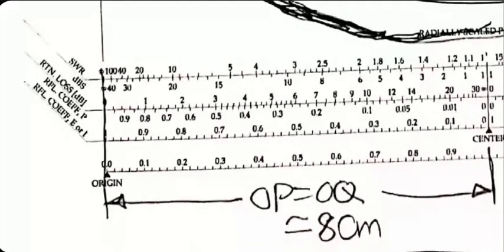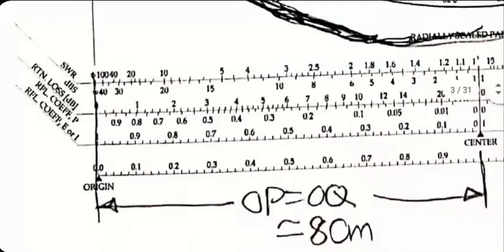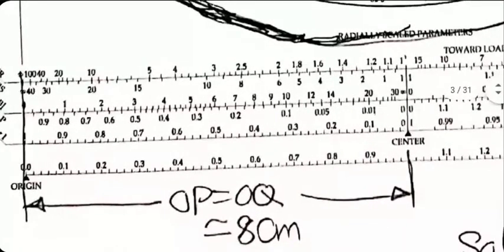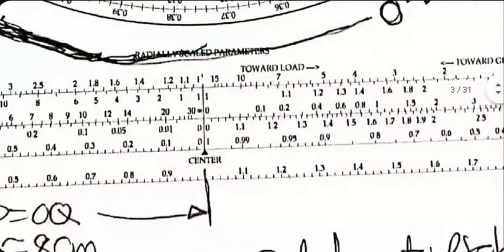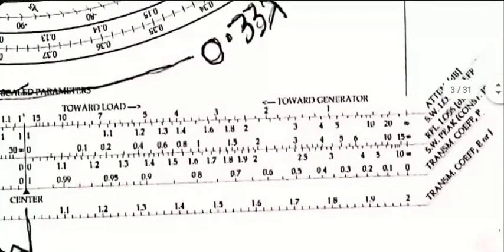Reflection coefficient E or I, by E, Smith means voltage. In those days, I guess they were calling it E because it's EMF. I'm calling it V. So remember that reflection coefficient E or I is the scale you are going to use to calculate voltage reflection coefficient. From the center towards the left is the scale for reflection coefficient, and from the center on the same scale on the right, there is something else. Ignore that completely. You don't need it, right? That is transmission coefficient. Don't worry about it, right?